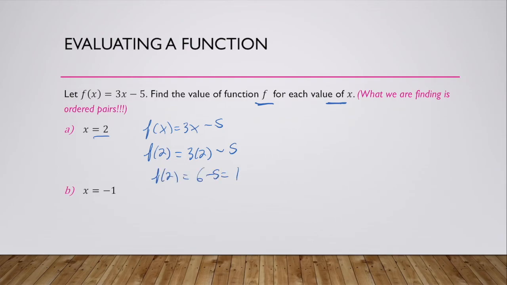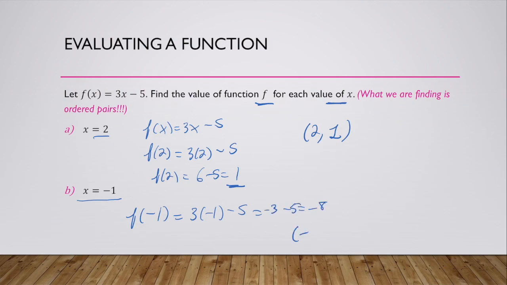So that tells me the ordered pair. When x is 2, the output, the y, is 1. Let's try that again. X equals negative 1. F of negative 1 is 3 times negative 1 minus 5, which is negative 3 minus 5, which is negative 8. That tells me that when x is negative 1, my output, y, is negative